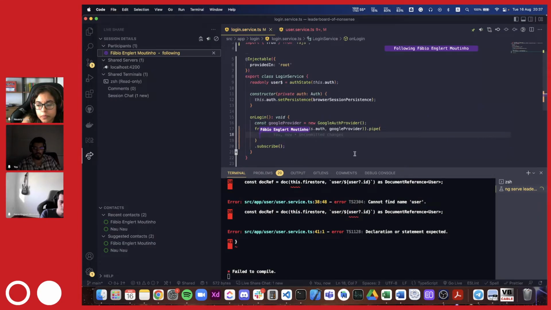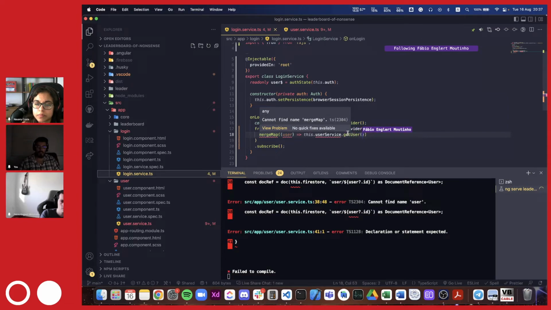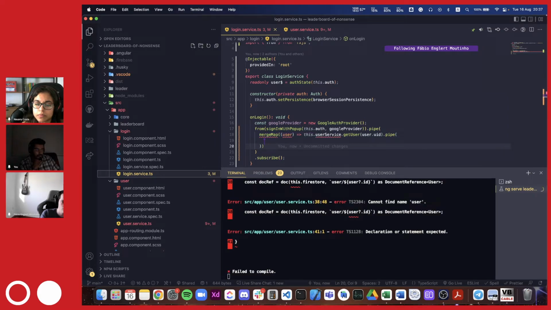or rather merge map user. And then we're going to run this dot user service dot get user dot UID, and then you can pipe and tap to the